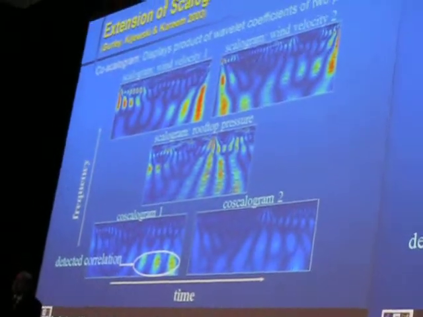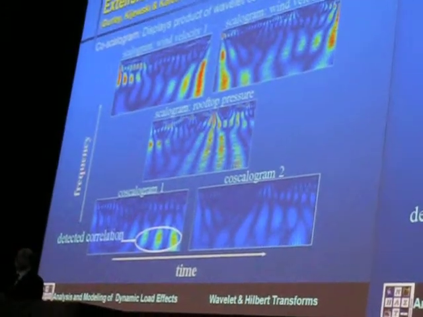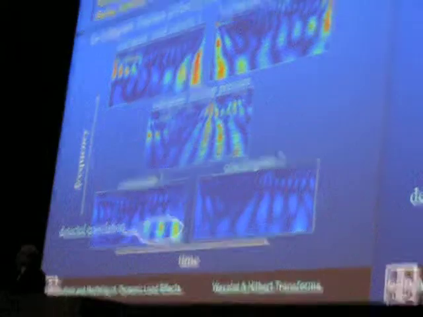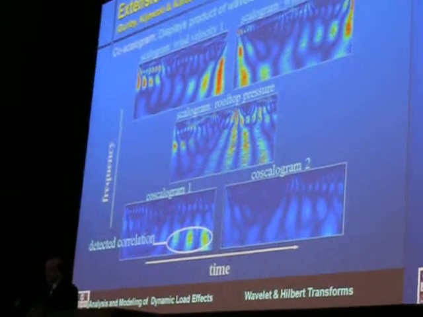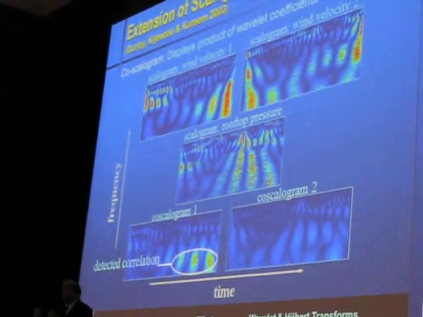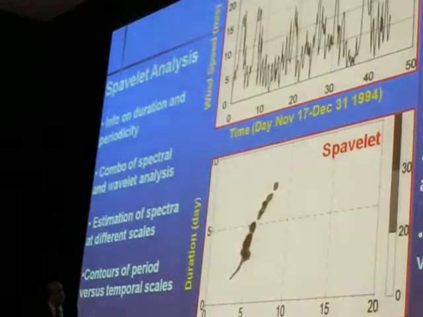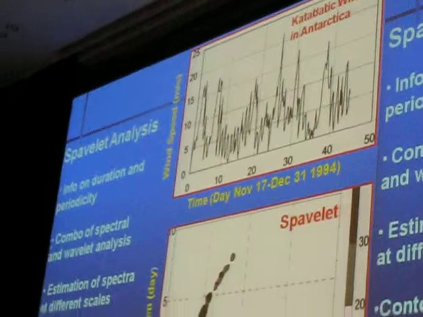Because this thing is happening only over a short period of time. If you want to get more fancy, we have done some more work in which we could have the higher order scalograms, which would be this bicoherence in terms of wavelet domain, where you can see the nonlinear interactions as well.